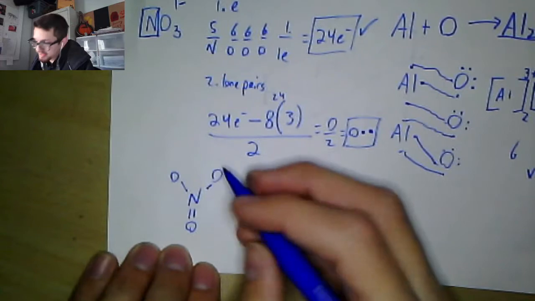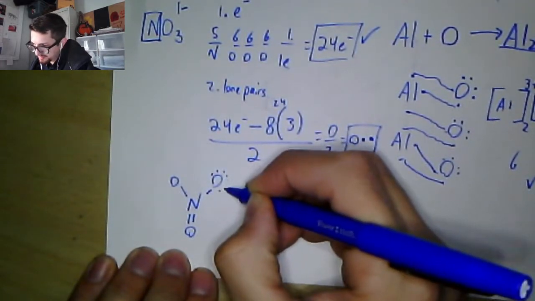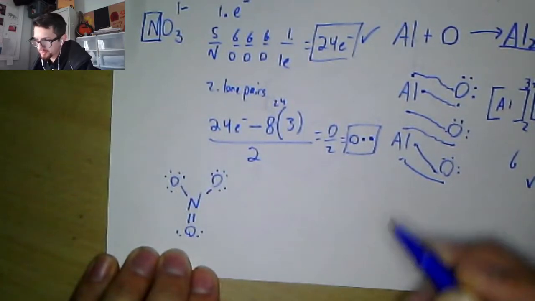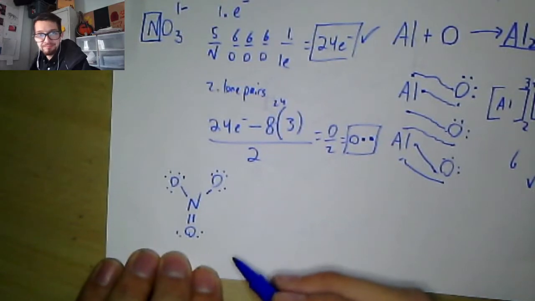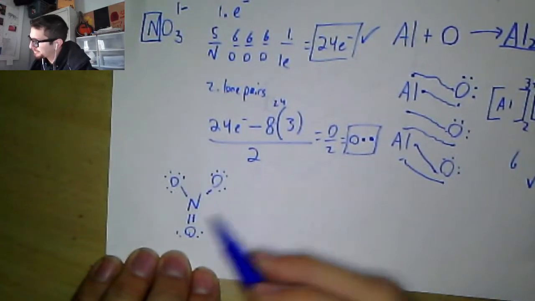And then I can just fill in the dots. I've got 2, 4, 6, 8, 10, 12, 14, 16, 18, 20, 22, 24. I'm done and everybody is full. So I end up with a problem